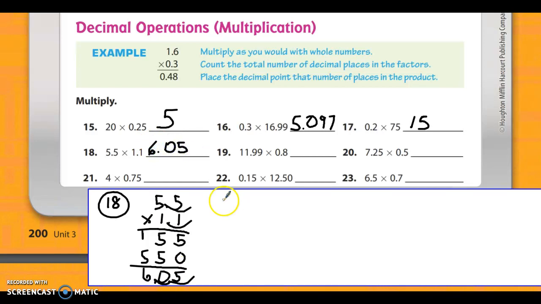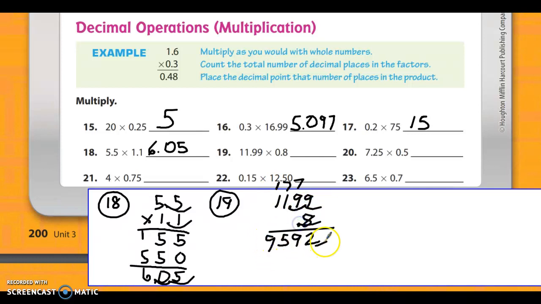6.05. Number 19. I've got 1199 times 0.8. I'm going to leave that 0 off because you don't need it. 8 times 9 is 72. 8 times 9 is 72, plus 7 is 79. 8 times 1 is 8, plus 7 is 15. 8 times 1 is 8, plus 1 is 9. You get 9592. Move your decimal 1, 2, 3. 9 and 592